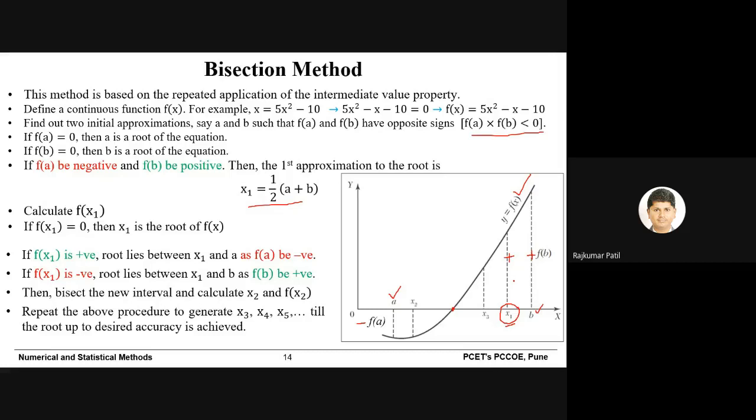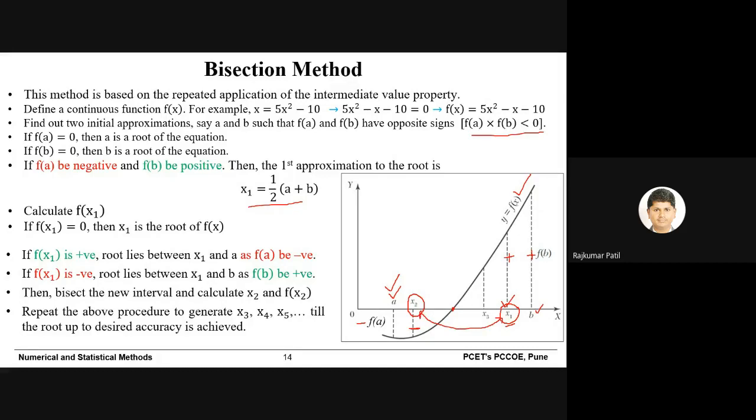Then from the graph you can easily say that the root lies between x1 and a. Then just find out the middle point, that is x2 is equal to a plus x1 upon 2. So you will get a new approximation x2, and from the graph you can easily say that f of x2 is negative. So the root lies between x2 and x1,